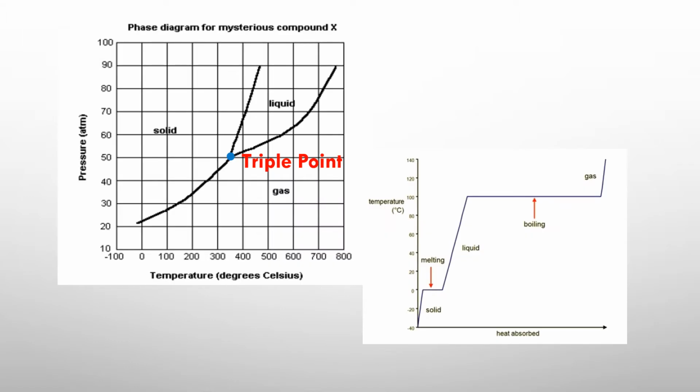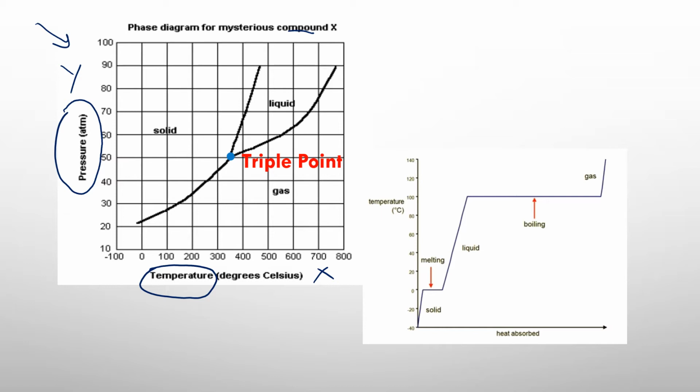So here we're looking at a phase diagram and a heating curve. The phase diagram is the one right here where it says phase diagram. On the x-axis we have temperature in Celsius and on the y-axis we have pressure in atmospheres. All it's saying is that this given compound, whatever it is, can exist in any of the phases of matter, solid, liquid, or gas, depending on the pressure and the temperature that substance is